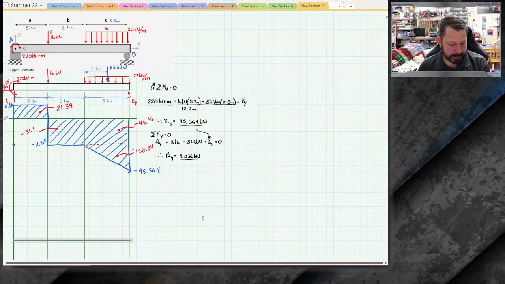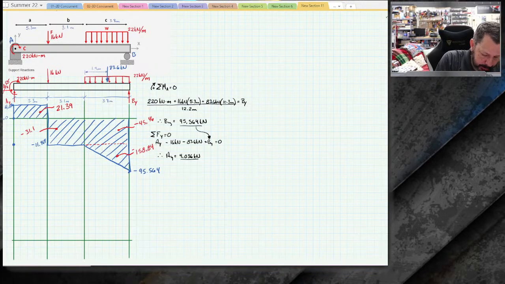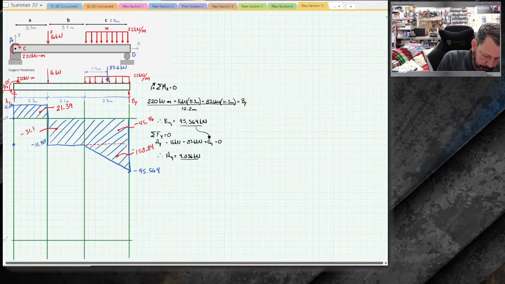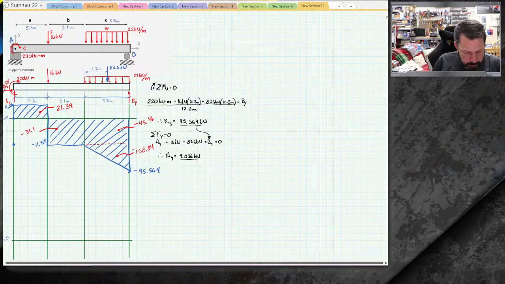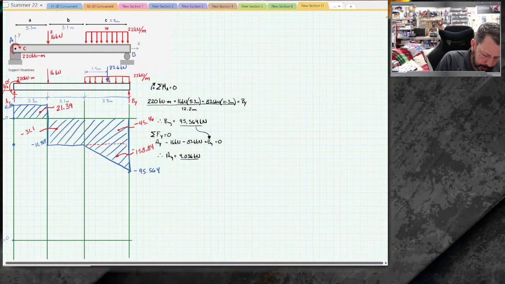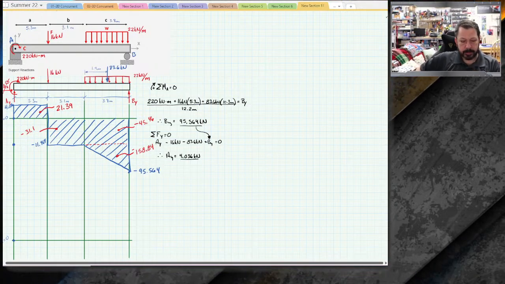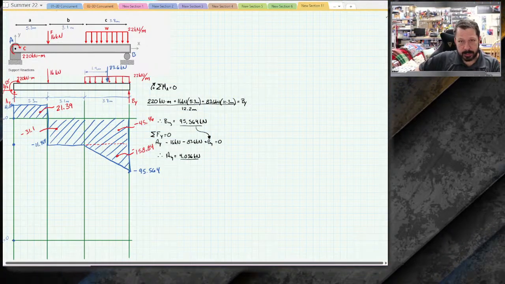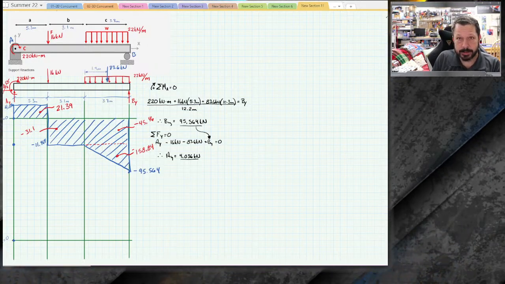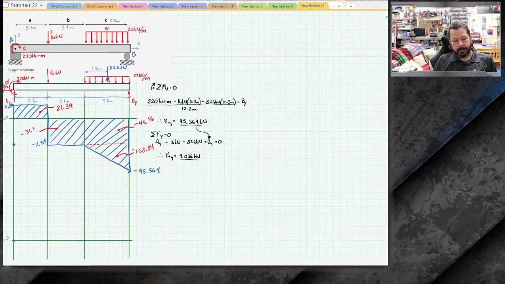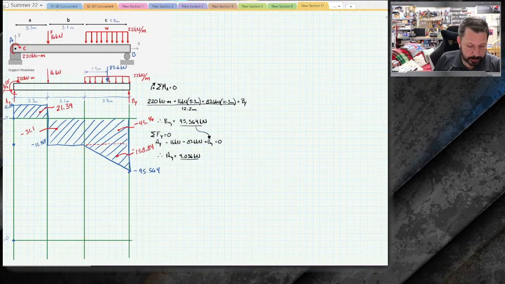And what makes it mostly positive is actually the concentrated moment. Actually, it's all positive. It doesn't dip below 0. It starts at 0, and then the very first thing that happens is I have a concentrated moment. We didn't have one of these before. That's why I picked this problem, because it does have one. And it is clockwise